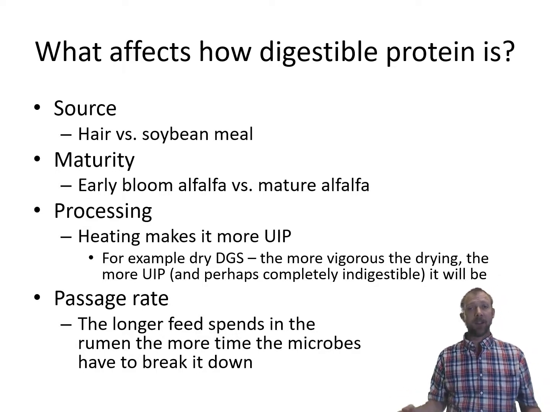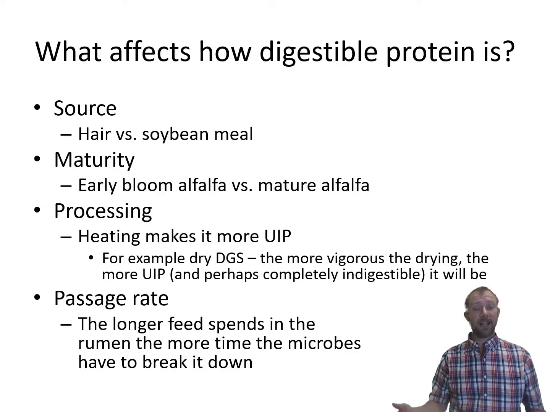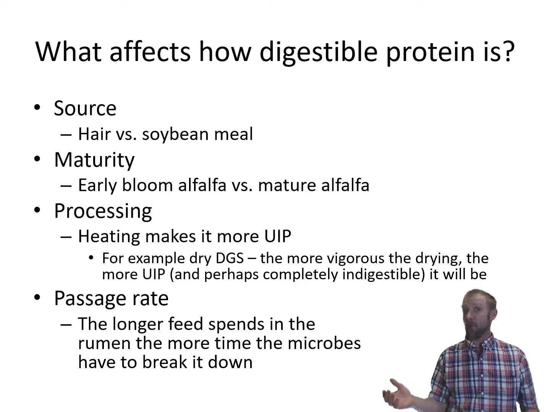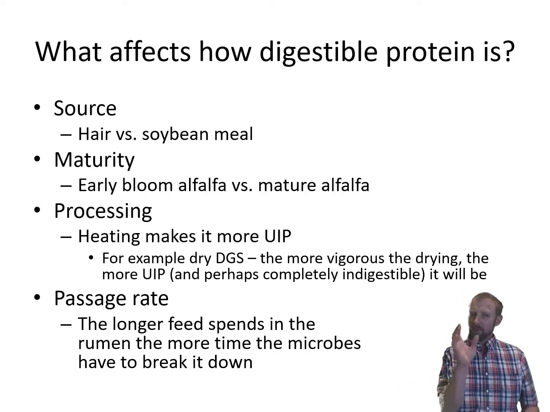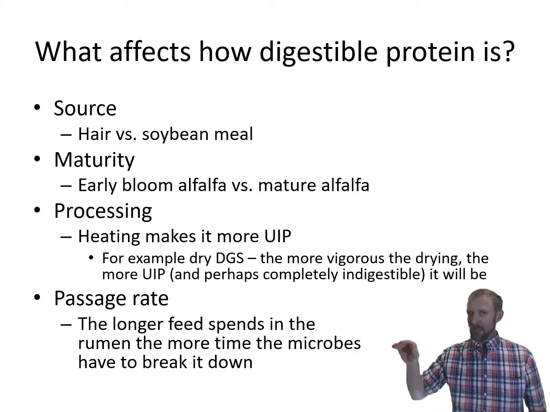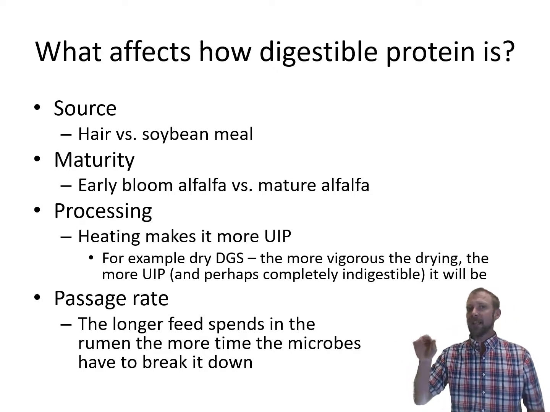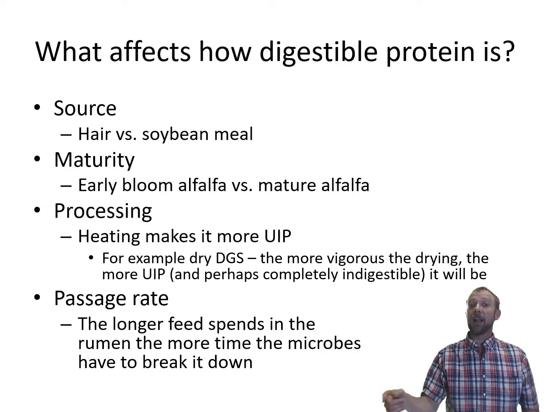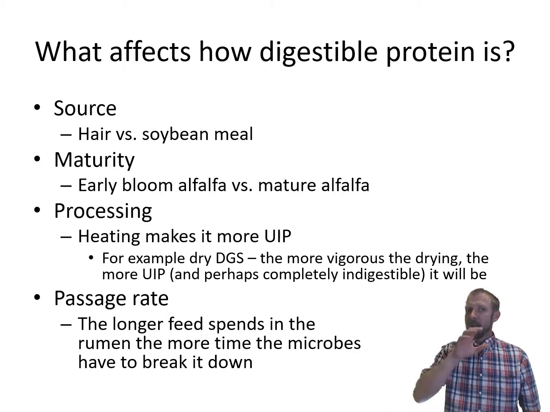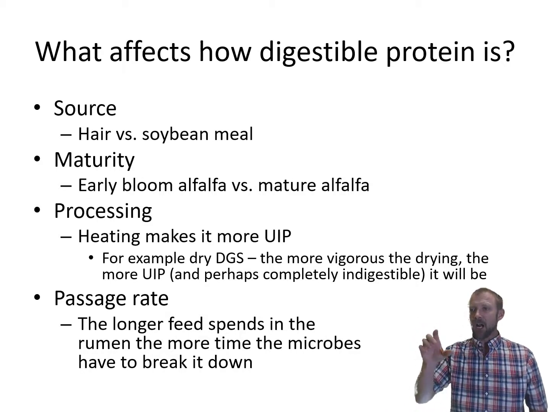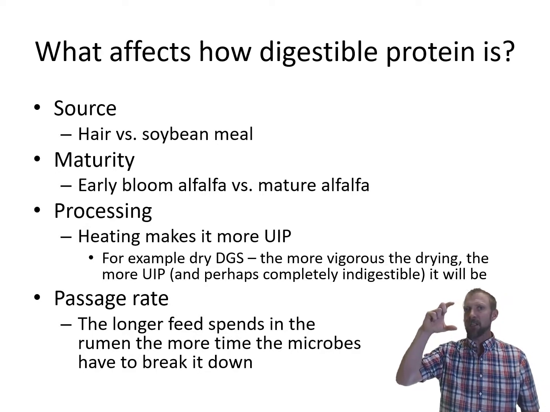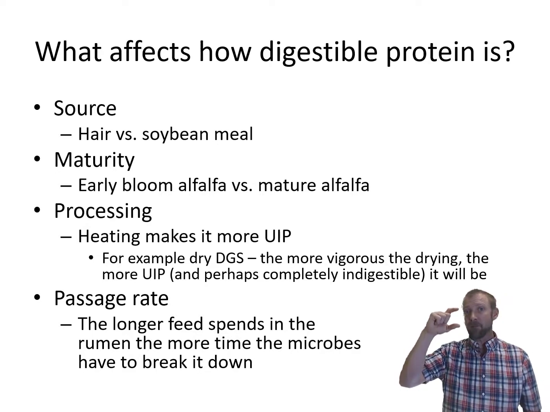The longer it spends in that rumen, the more opportunity the bacteria have to finally get it broken down. Depending on what my purposes are, and this is something a little bit tricky for people to understand, increasing the passage rate means I can actually get more nutrients into that animal in a day, but it may end up being less nutrients per pound of feed. If that passage rate increases, it's not going to get the same percentage of the feed. If the feed spent 2 hours in there, it can digest this much. If it's only spending an hour in there, it's only going to get this much out of it.